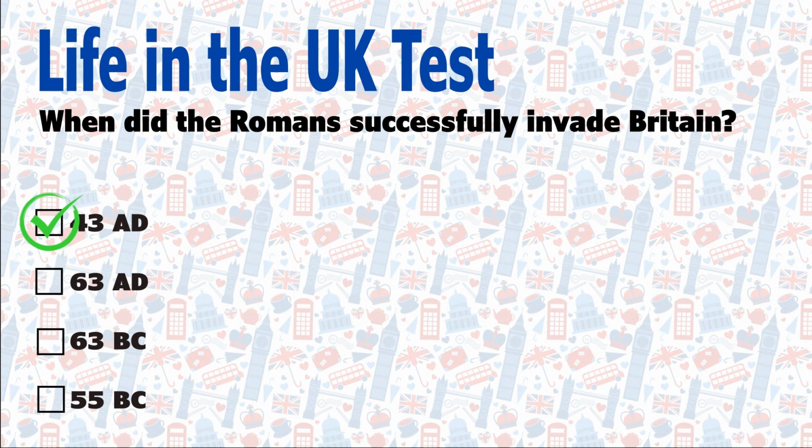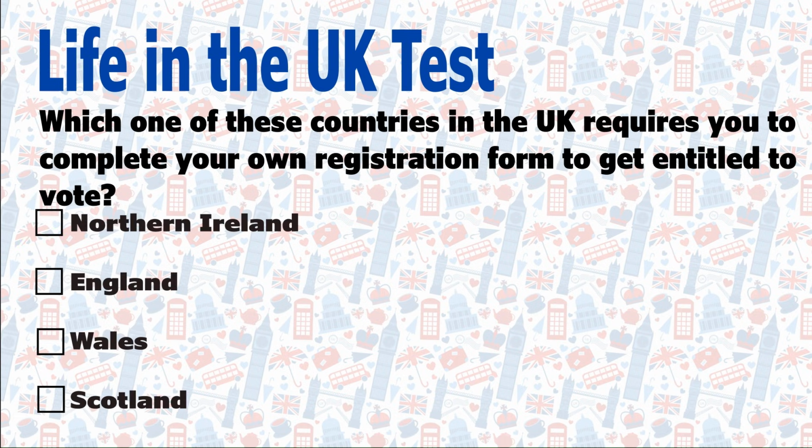This was unsuccessful, and for nearly 100 years Britain remained separate from the Roman Empire. In AD 43 the Emperor Claudius led the Roman army in a new invasion. This time, there was resistance from some of the British tribes, but the Romans were successful in occupying almost all of Britain. Which one of these countries in the UK requires you to complete your own registration form to get